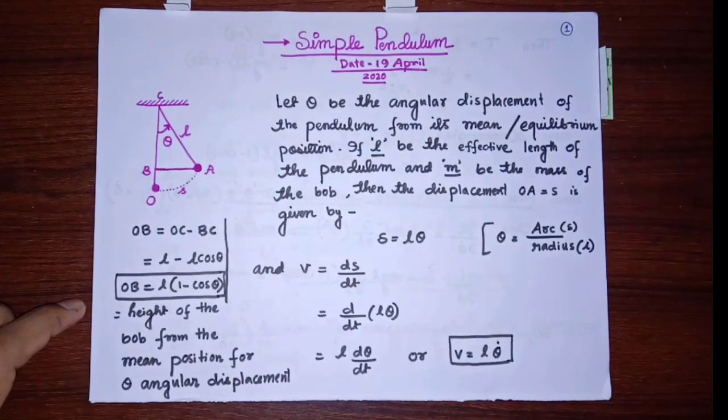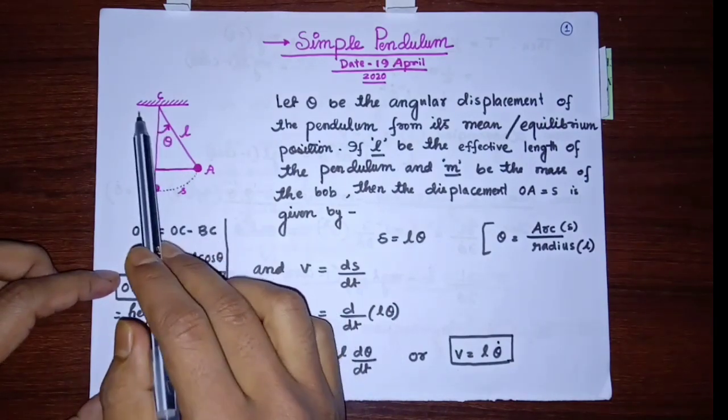In my last video, I derived the Euler-Lagrange equation and I said that in my next video, I will be talking about the simple pendulum and Atwood machine. So continuing the lecture series, in this video, I will discuss the Lagrangian of a simple pendulum and the equation of motion of the simple pendulum.